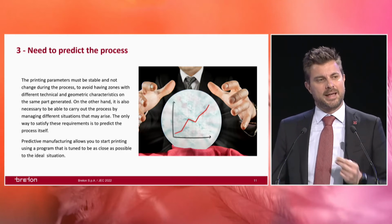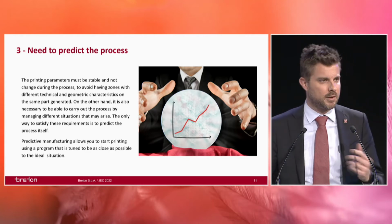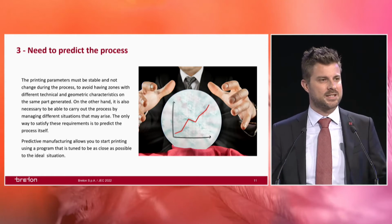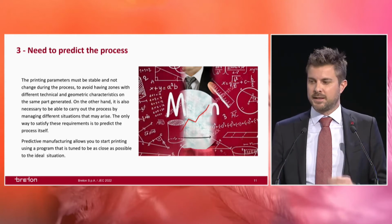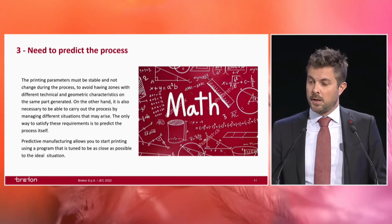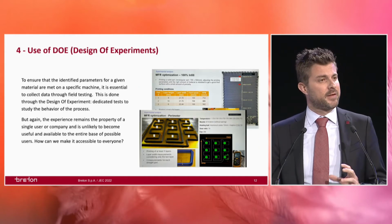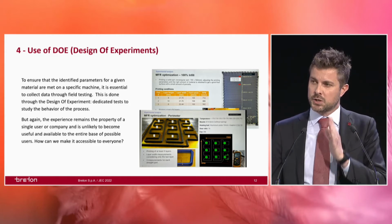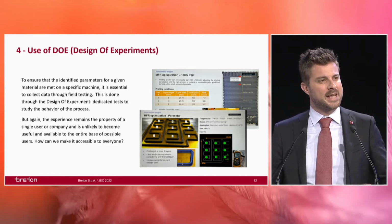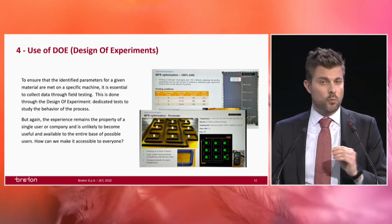So how can we come to predict the behavior of the process, the complete printing method on top of layers and layers? Well, we're not wizards, we're not magicians, we cannot just guess how things will come. So we found that everything comes down to maths, algorithms, rules, formulas and recipes. In our approach, we practically used a method which is the design of experiments to determine which are those correct parameters, the right recipes and the right formulas. We designed a method to apply a good DOE, and then we made all of this